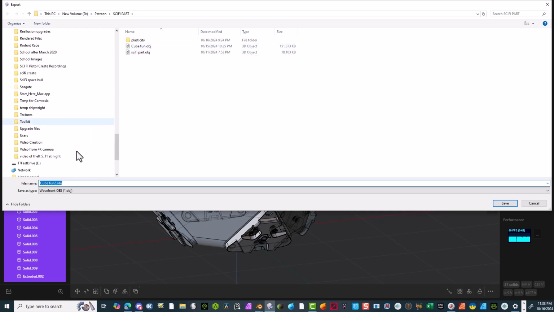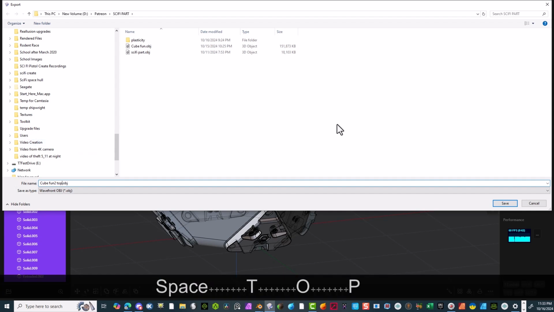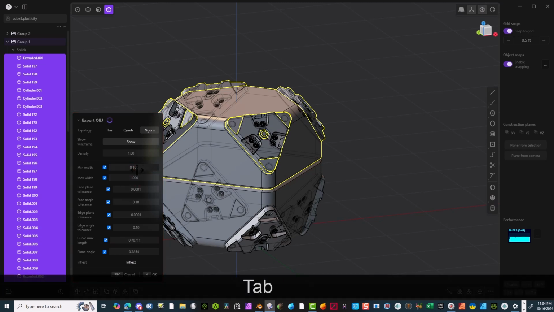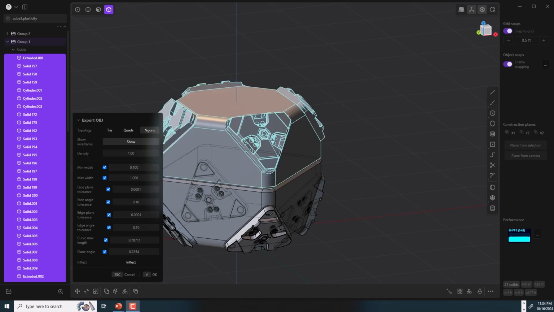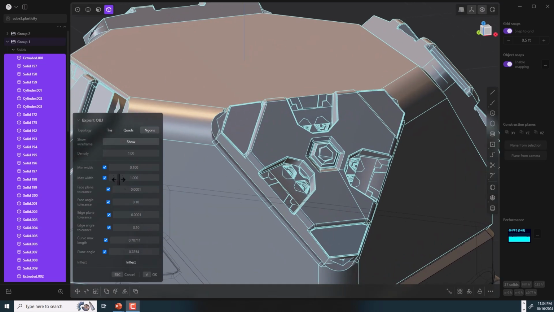I'm going to put down Cube Fun 2. I'm going to put TOP for top, OBJ. I'm just going to put this back to 1 for now. Let this recalculate. Okay, now it's not enough detail, as you can see here. Quite a bit bad here, so I'm going to go ahead and go back in here and add in